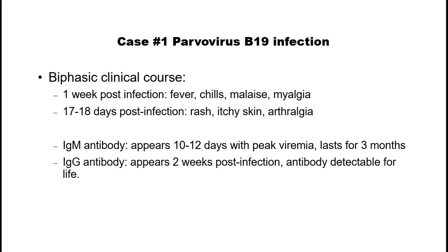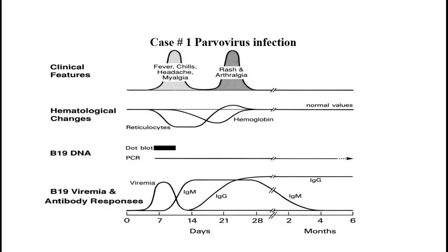IgM antibody showed up first, which indicates current infection. IgG antibody showed up later and will last for a lifetime. So that's the graph that you should see. And at about 7 days, right here, when the viremia count peaks, it will coincide with the first symptoms: fever, chills, headache,